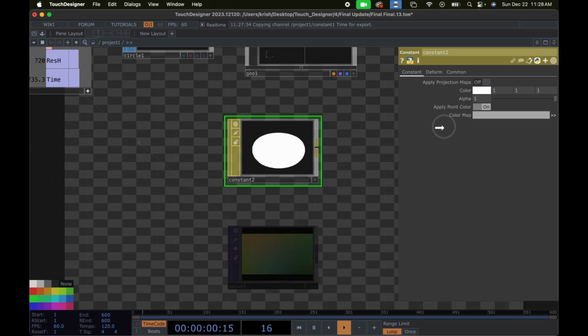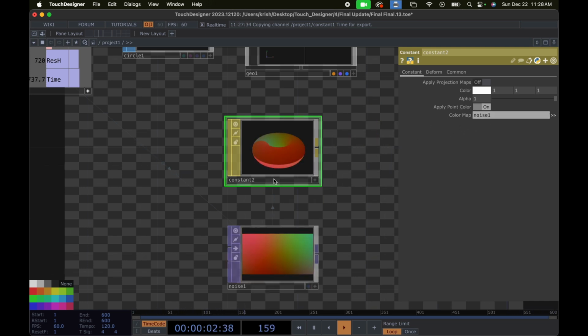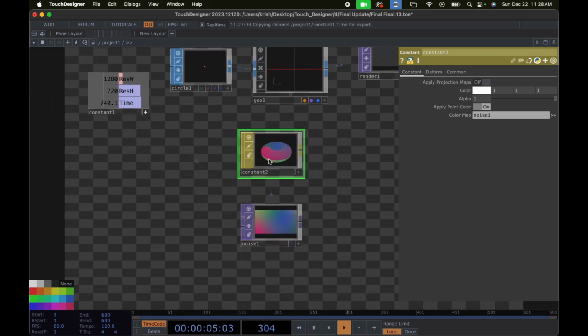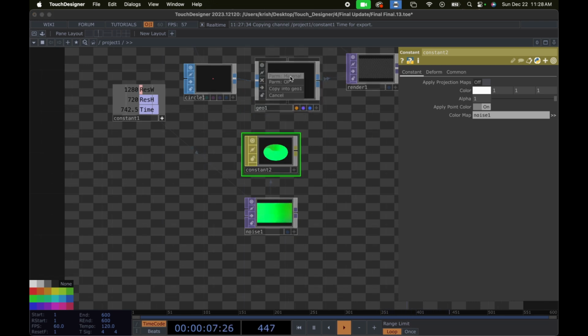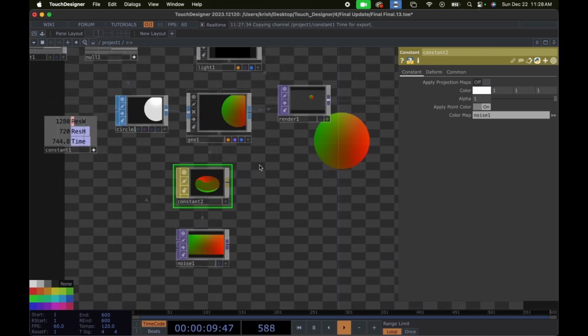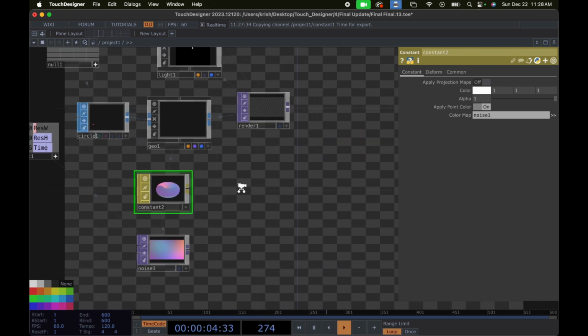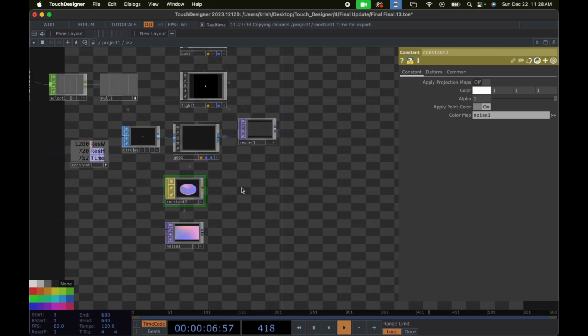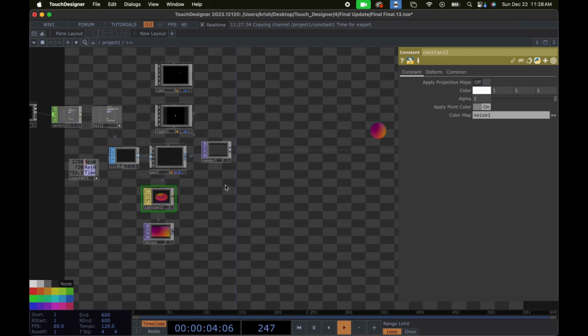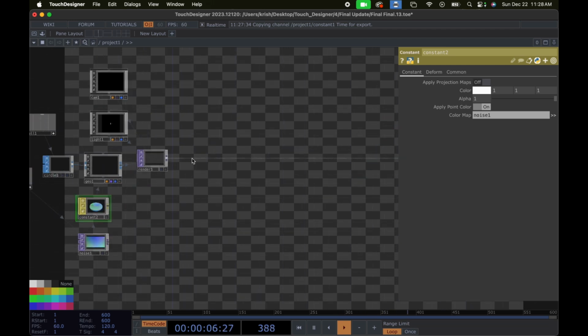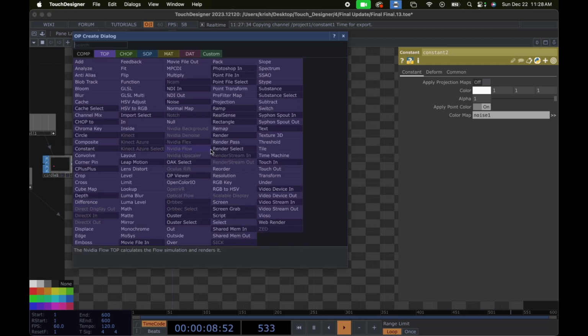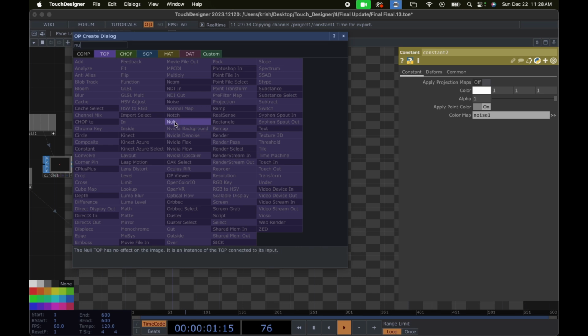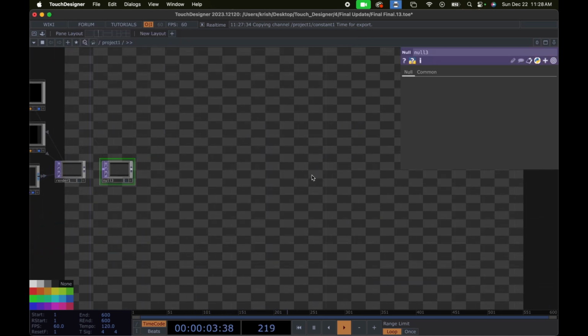So we're gonna drag this noise on color map and then this constant on the geo and select power material, and then you can see, yeah, this is pretty good. And yeah, now let's start with our feedback loop. Let's add a null here and then add a composite,